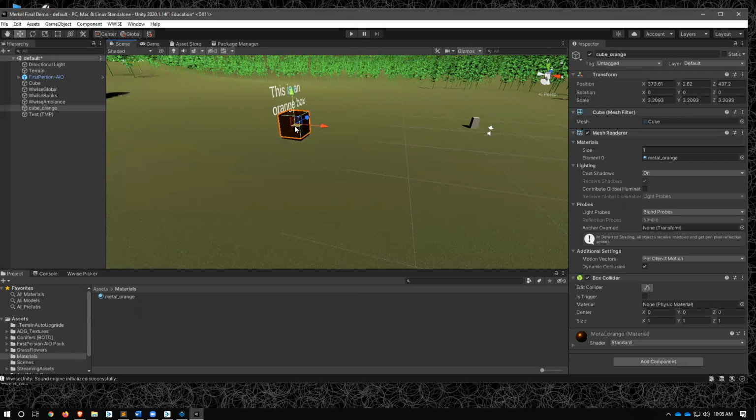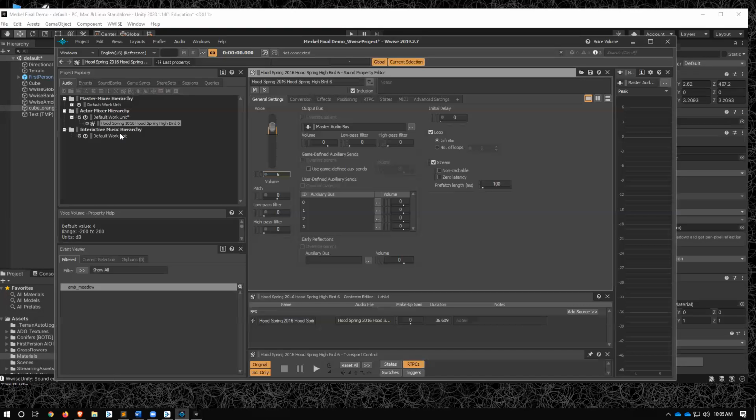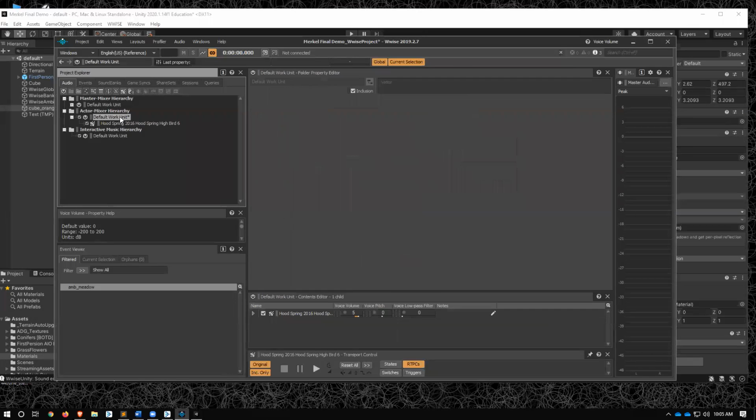So what I'm going to do here is add an audio event to this. Let's make this thing like a drone, like some sort of sci-fi thing. So when you get close to it, it's some sort of sound emanation tool. So what I want to look for is another sound in here. Let's add a